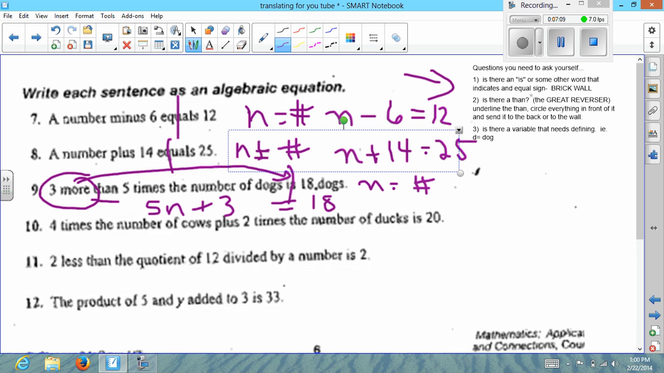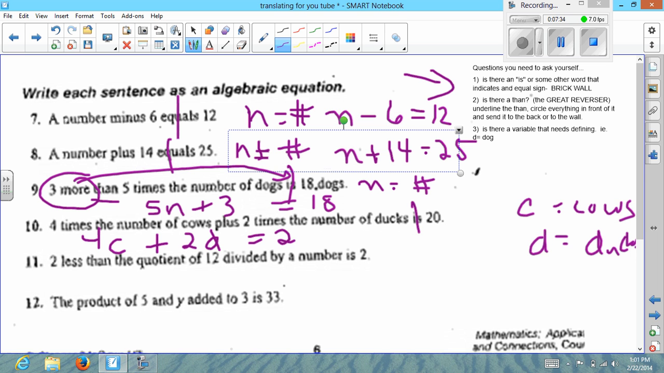Remember that when you send that stuff to the back, you need to remember to include it in your problem. Next one, is there an is? Yes. Is there a then? No. Is there a variable that needs defining? Actually, this problem has 2. So I'm going to say C equals cows and D equals ducks. So I'm going to go through 4 times the number of cows plus 2 times the number of ducks is